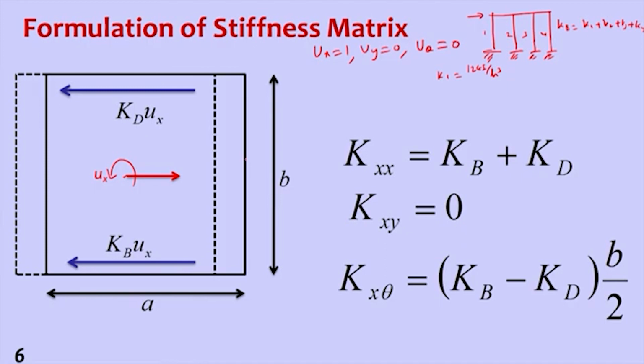So this is B by 2 lever arm, Kb into B by 2 minus anti-clockwise Kd into B by 2. This is Kx theta. So this is one column of stiffness matrix. Similarly,